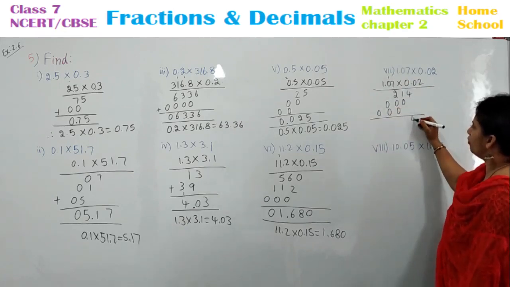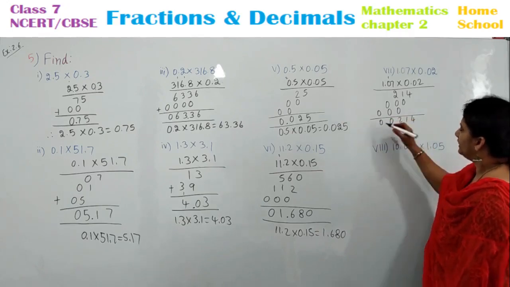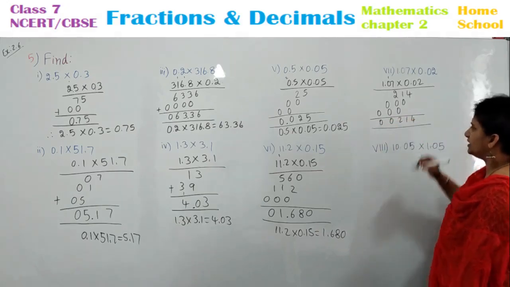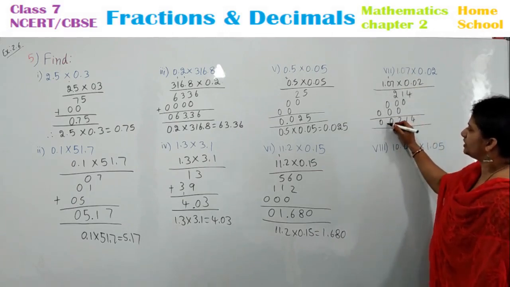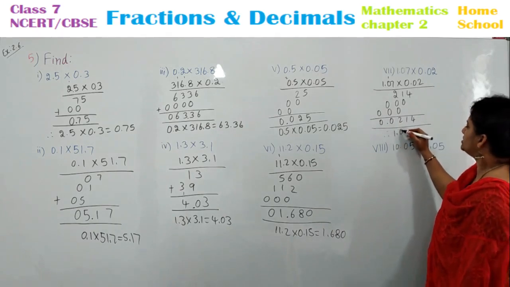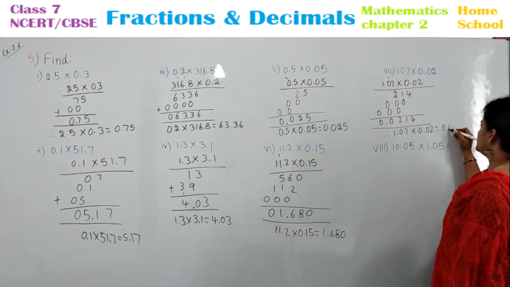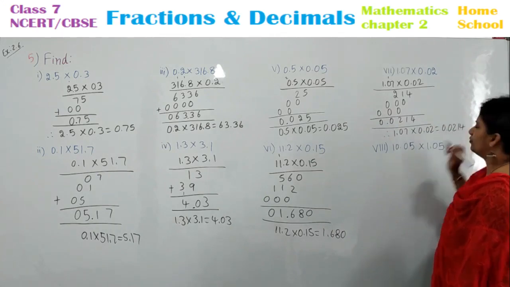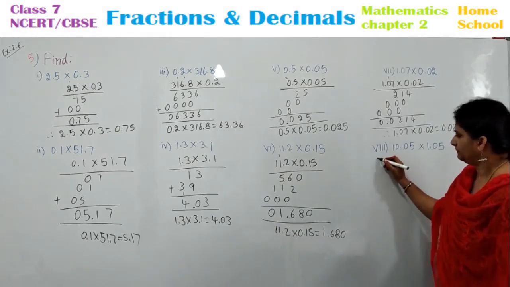Add this: 4, 1, 2, 0, 0. That will be, how much, children, this one? 1, 2, 3, 4. After 4 decimals, you need to put a point. Therefore, 1.07 into 0.02 is equal to 0.0214 is your answer. So your 8th problem,